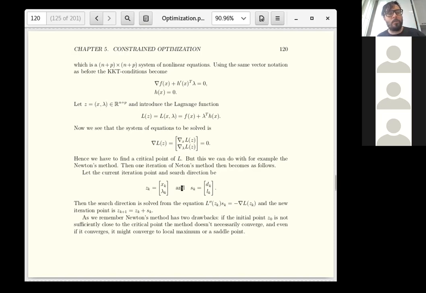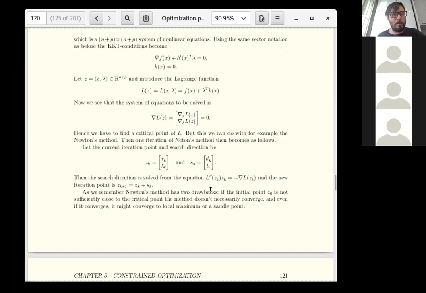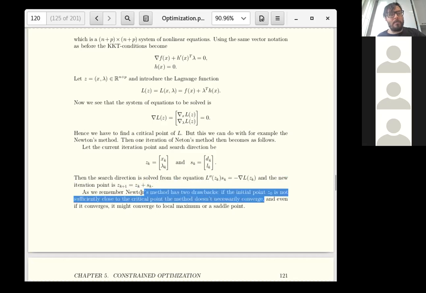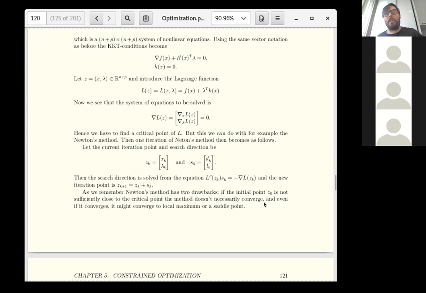And we can use the Newton method on this by just simply doing the Newton method, thinking of this as just one unconstrained problem. The problem is, of course, that we may get a local maximum or a saddle point or so forth. I mean, depending on the same drawbacks that Newton method has. If we start with a point that's too far from the optimum, or we end up in a region where the